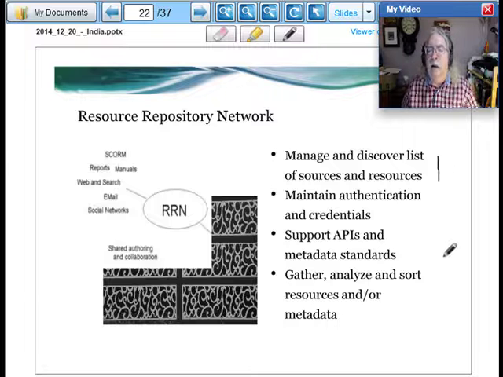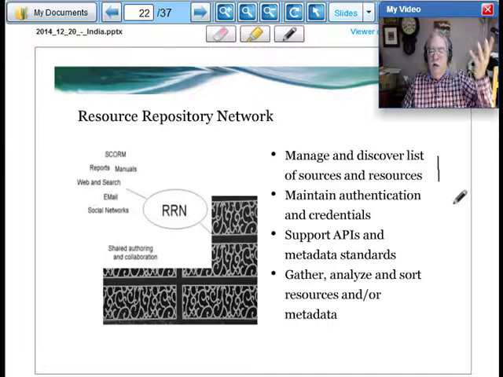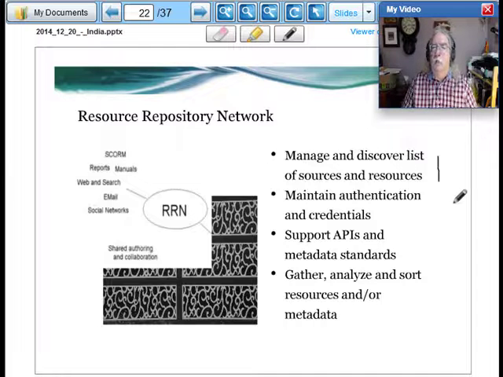So it has to help people manage and discover a list of sources and resources. We do this in a manner similar to the way RSS functions today. In fact, we use RSS in addition to a number of other specifications. And basically, it gives a person a way to manage a whole bunch of different resource feeds. It maintains the person's authentication and credentials.